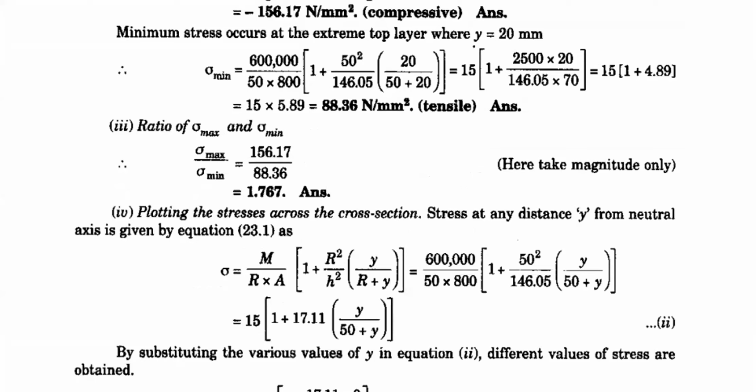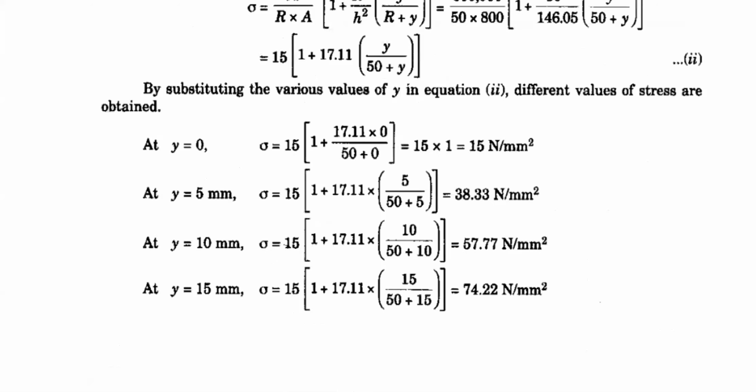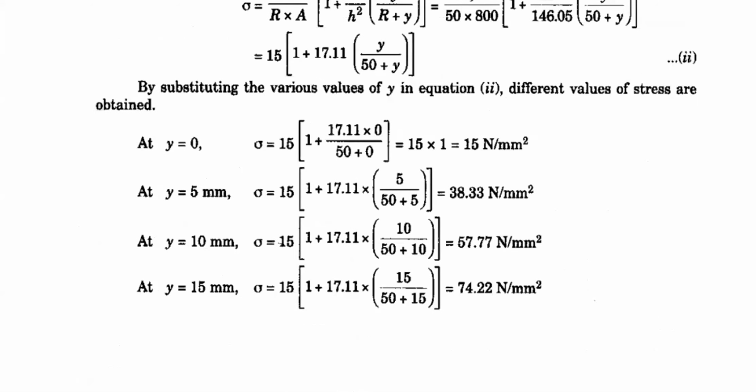Compared to your three steps, it is a normal step, Amma. Just substitute different values, 5, 10, 15, 20, likewise, depending upon your depth value. Depending upon your depth value, please consider different values, so that you will get different stress values. So please observe here: y equal to 0, y equal to 5, y equal to 10, and y equal to 15. Likewise, they consider different values. These y values depend upon your depth, right? So if it is 20, simply you can consider 0, 5, 10, 15, likewise.